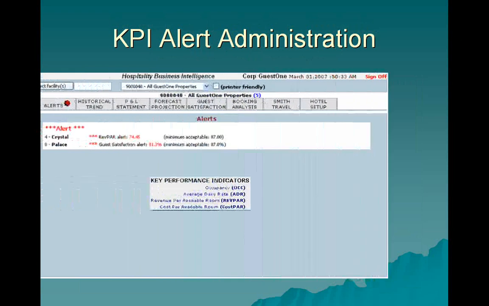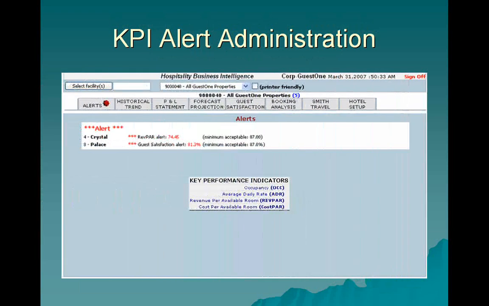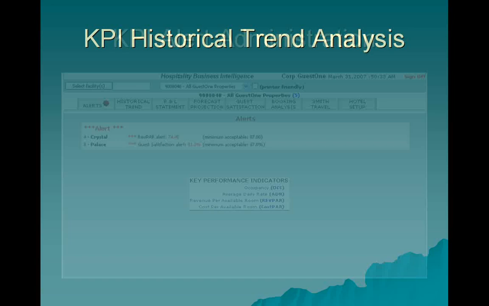The KPI Alert and Administration Facility allows the user the ability to configure target alerts that trigger an alert message if it is not attained. This is an invaluable tool, since it can be used to identify underperforming resorts. This tool can identify the need for additional marketing and sales campaigns, or issues and problems that may need to be addressed and corrected to improve the guest satisfaction index.